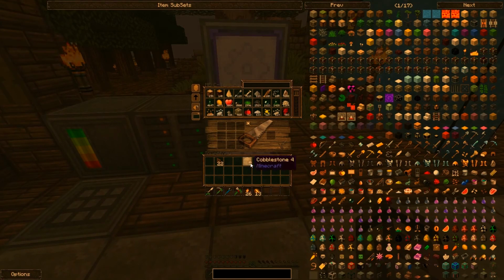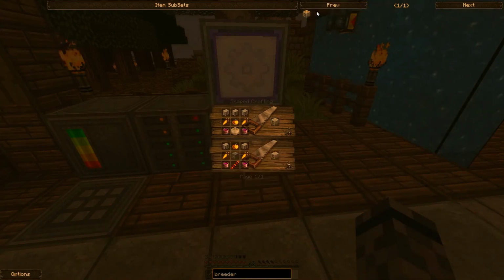It's 10 to 1. So like I said, we're going to be working on mob essence now that we've got around to it. We need a couple things from MFR. We need a breeder. This guy is golden carrot, golden apple,